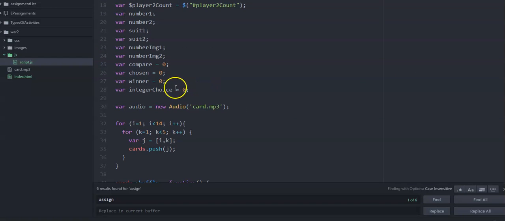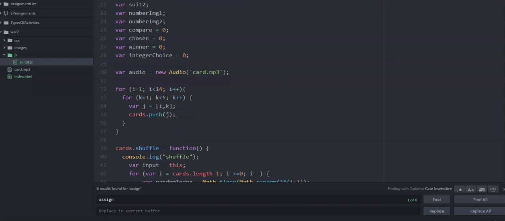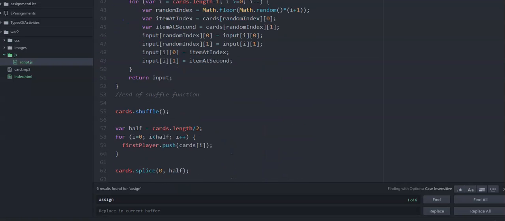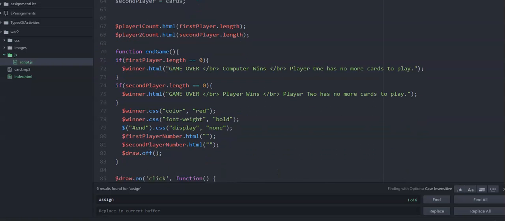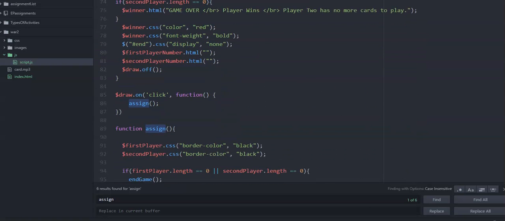Added a new variable called integer choice and just equaled 0. So this is like the same thing. Is the choice for is the integer choice on or off? So it starts off. Again, you could say that equals false, and then later equal true. I just don't like using that, the Boolean. Okay, so